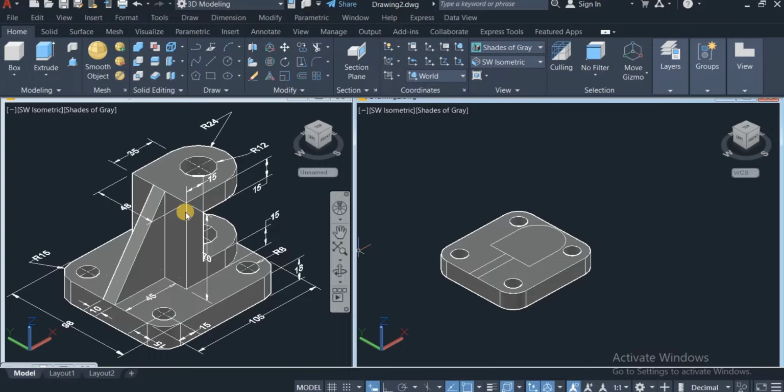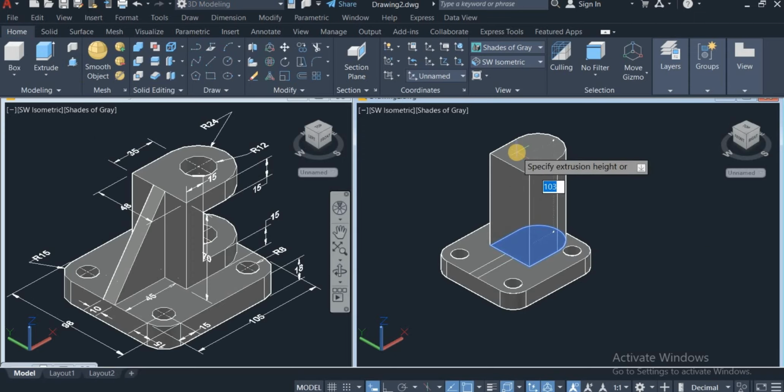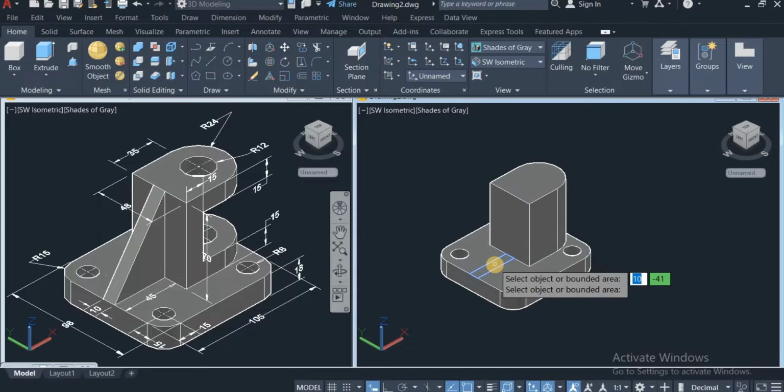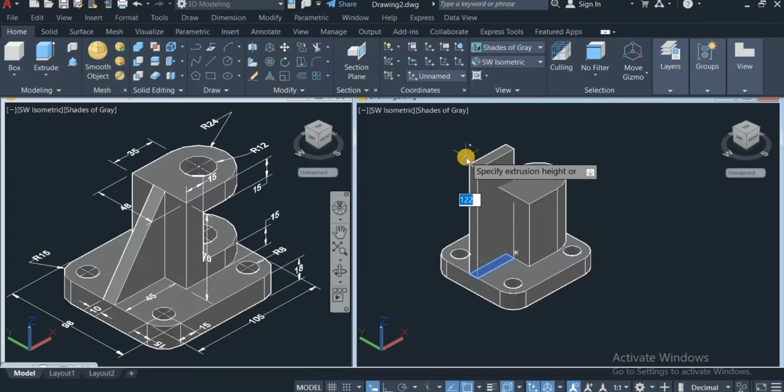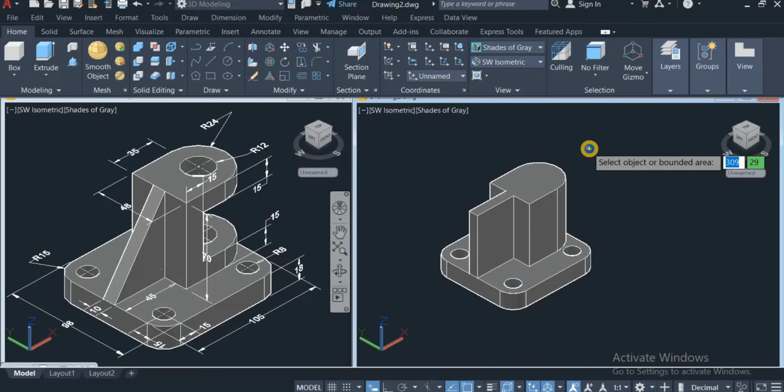Now I'm also going to press pull this upwards. I can see here that the distance is 70. So this portion here is 70. So again, I'll have to use the Presspull command to do that. So click on the Presspull command again. Click on this, put it up to 70 units. Also pull this portion up to 70 units. Okay,